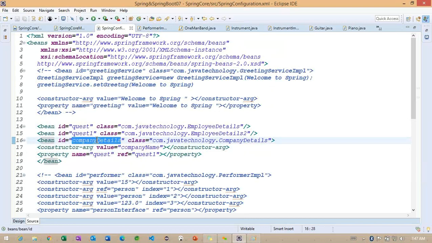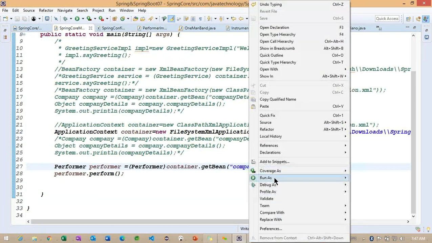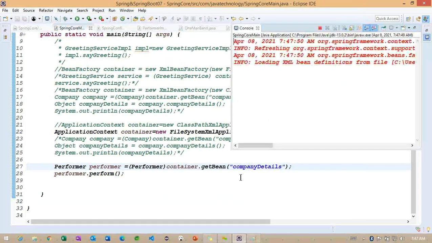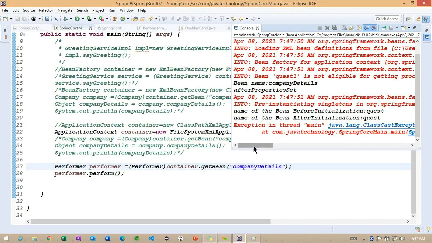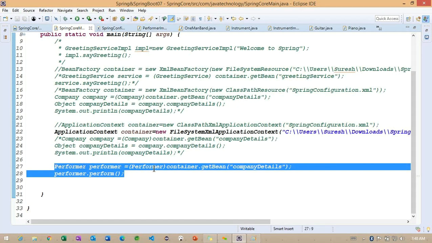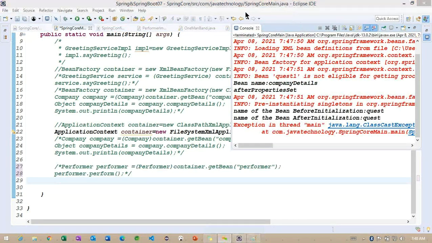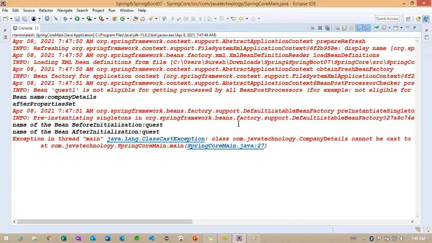Now what I need to do is simply run with the company details here. So let me change to company details here. So I'm going to call the particular company details. What information are we going to get here? Okay, sorry, here we cannot work, right? Basically, company details we are going to get as a company. So, any idea, I got an exception here. Why did I get this particular exception? Can you please explain why I'm getting this exception here?